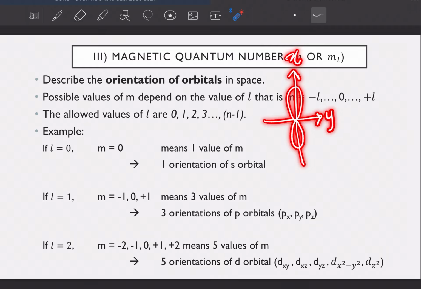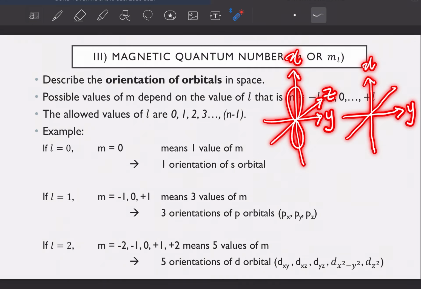Okay, contoh. Okay, your p orbital, it can also sit at the y axis. So bila awak lukis awak punya axis, okay, make sure dia consistent lah, jangan tukar-tukar kedudukan. So let's say awak punya p orbital boleh duduk dekat y axis juga. This is py orbital, this is px. So kalau pz pula dia akan duduk dekat